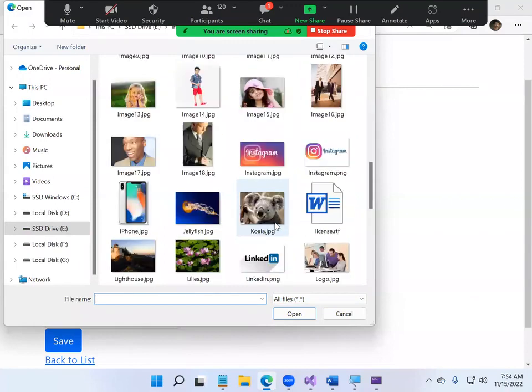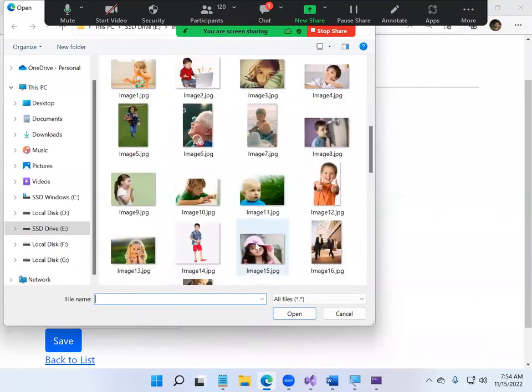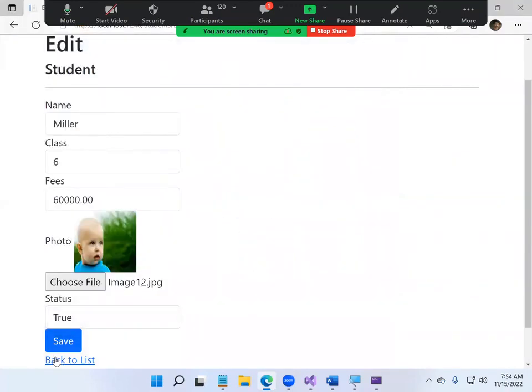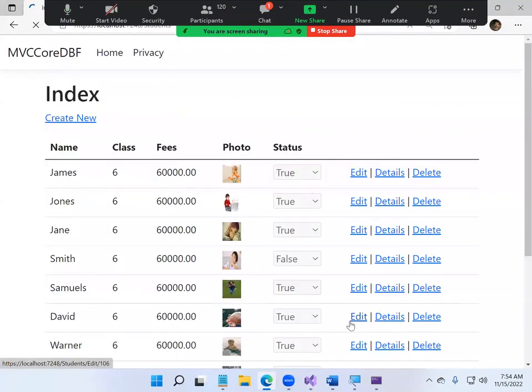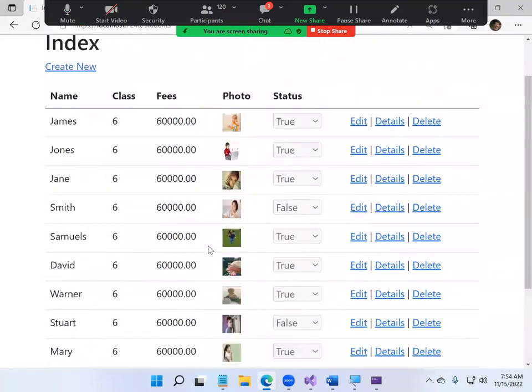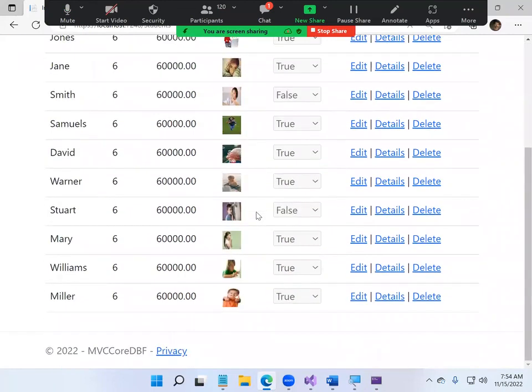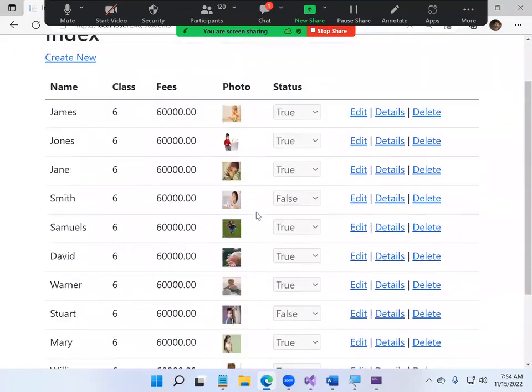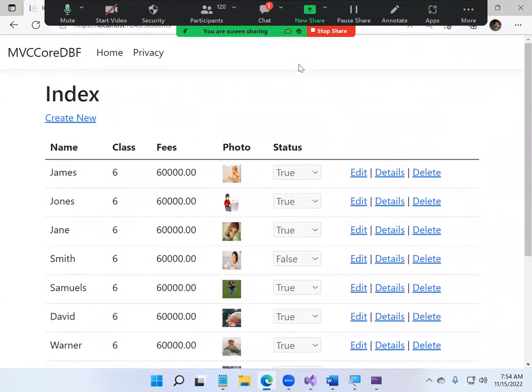Want to change an image? You can change the image. Just trying to change the image. The image got saved off. Are you clear? Okay. So like this, it is just trying to